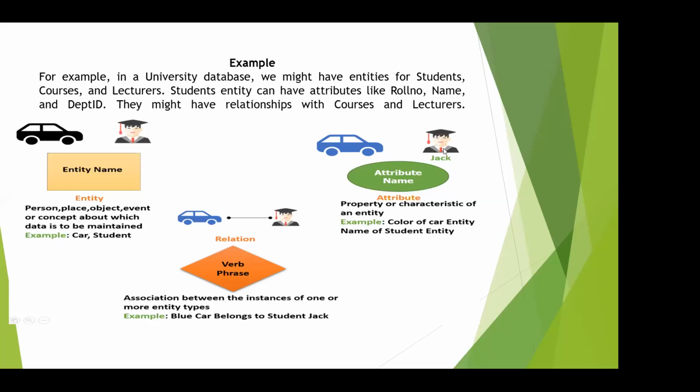which state registration. All these are attributes of the car. From the student point of view, student name, student number, student course, ID, all these come under attributes. And here we are representing car and person with a relationship, because if we have a car, there must be an association between car and me. If I have a car, I will use the car; if I have a bike, I will use the bike. So we have to show the relationship. So this diamond is used to show the relationship between two entities.